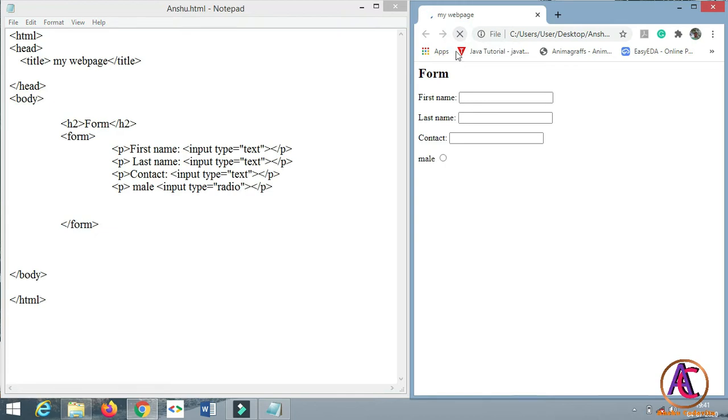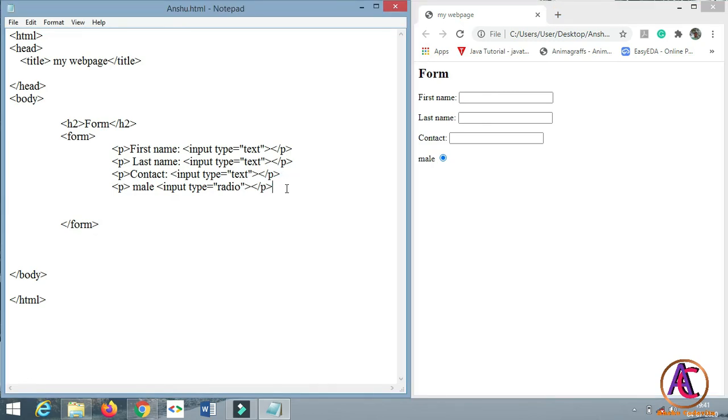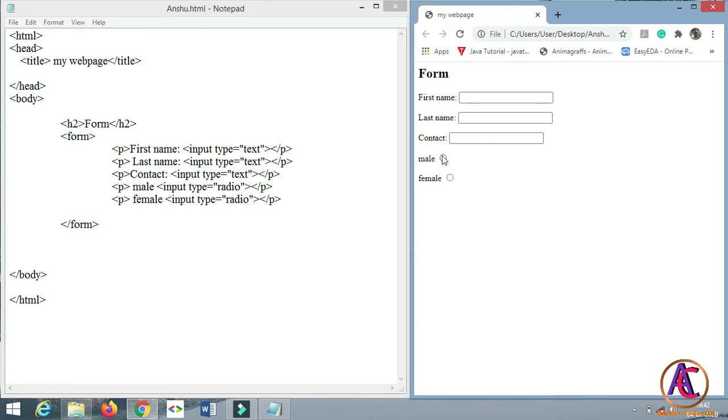You will see that a male with a radio button appears so that the user can select it. Let's create another option. Name it Female with type radio. And save this and refresh it so that the user can select one option from male and female.